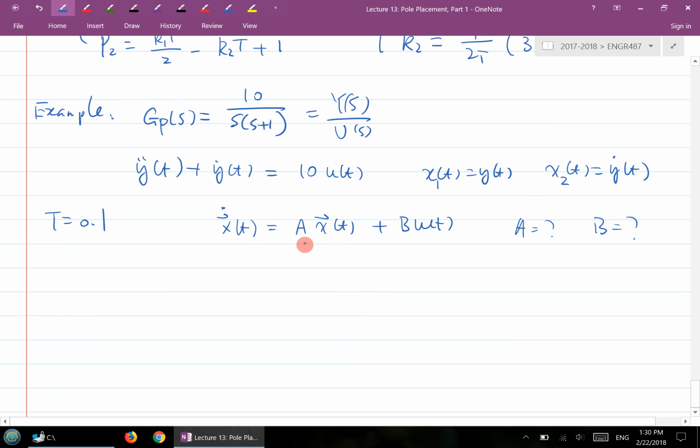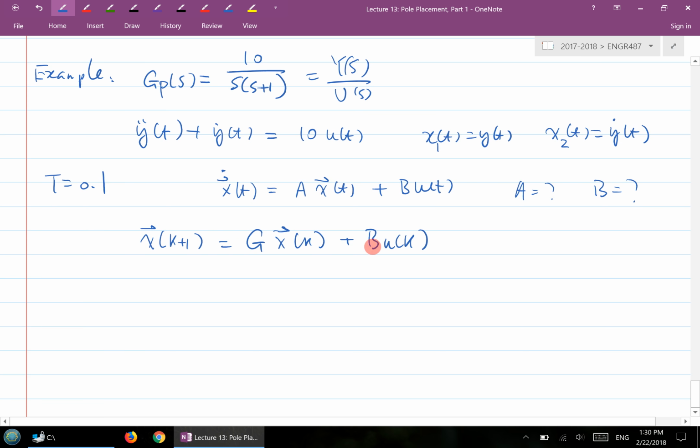So derive this based on the selected state variable. Derive A and B. Once you get A and B, you can discretize the system using T equal to 0.1. Discretize that to get a discrete model. And this is not G, this is H. The G you will find is equal to